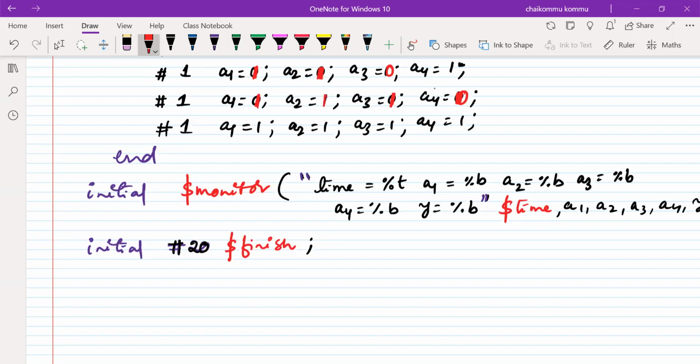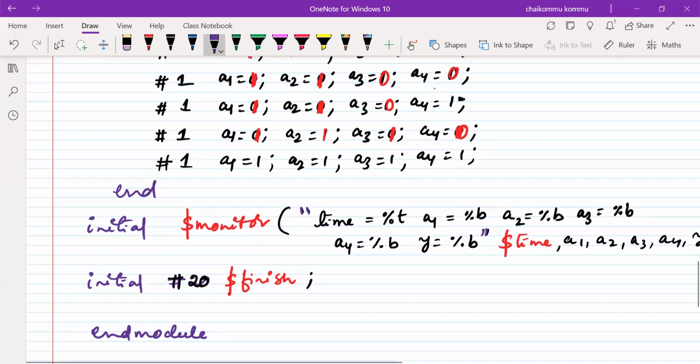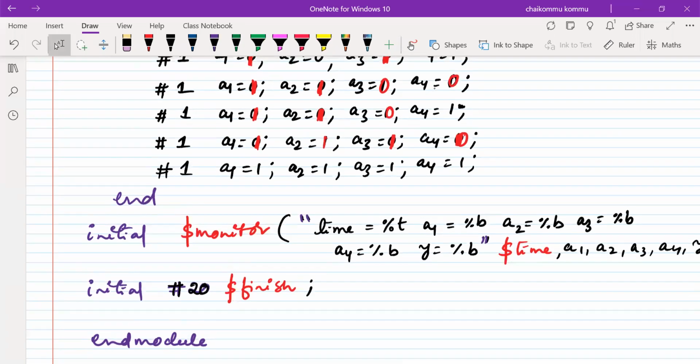Finally we need to end the module. Okay, that's it. End module. So this is how everyone should know how to write a test bench. Don't forget to write the program in this manner. You can see that even for a circuit consisting of 4 input signals, this much code is required when you are writing the test bench.